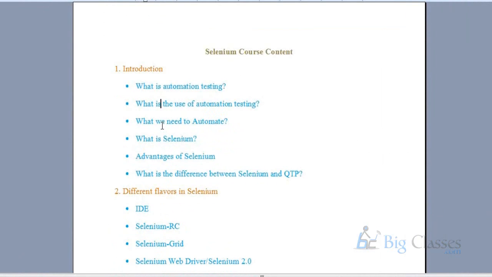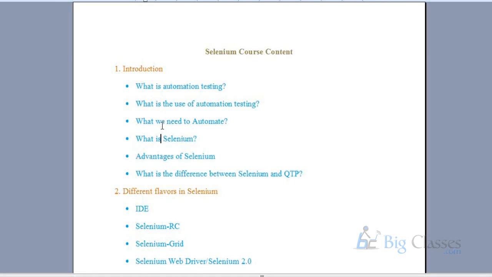What is automation testing? Why automation testing? What is the scope of automation? If you have 1,000 test cases, is it possible to automate all 1,000 test cases? Each and every test case is not automatable. Remember Shailaja, the major goal of automation testing is only to reduce the number of test cases you are executing manually, but not eliminating the manual testing. So ultimately, the bottom line is manual testing.